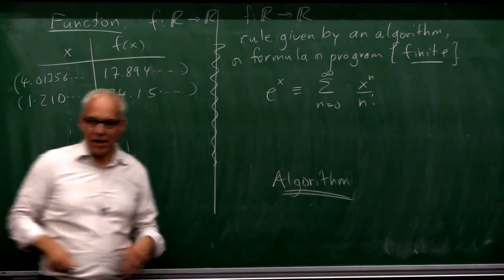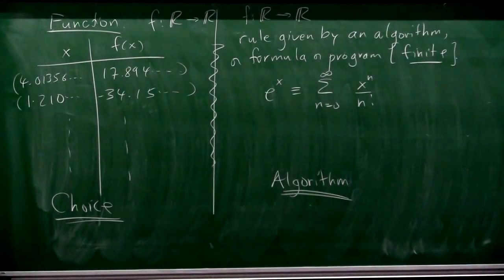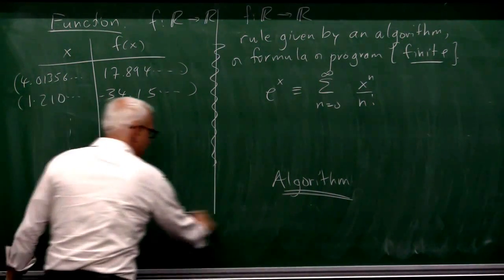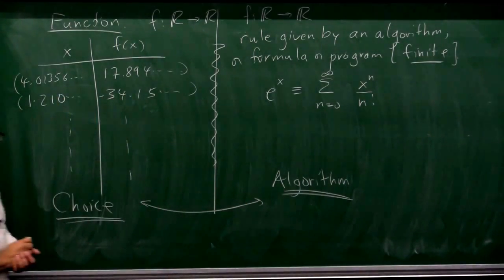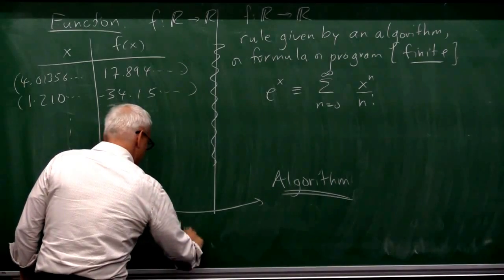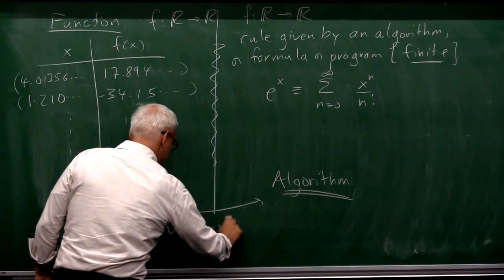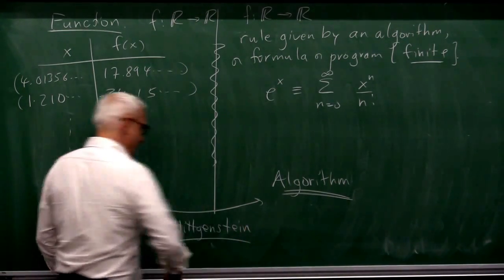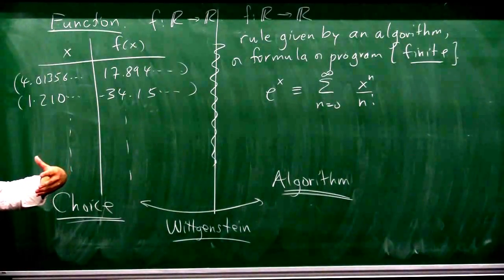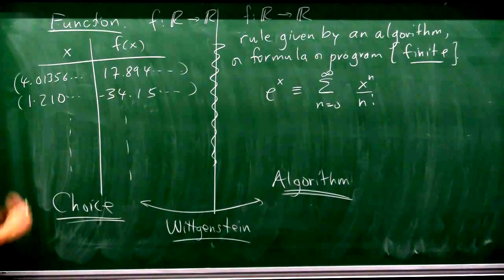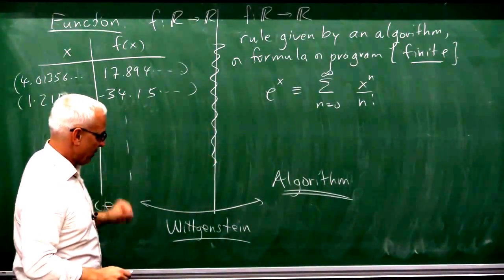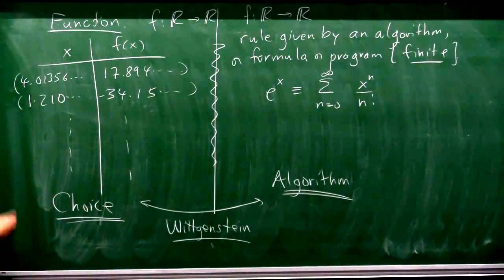Although it wasn't entirely clear to the earlier practitioners that there was this separation, somebody who pointed this out very clearly was the famous 20th century philosopher Wittgenstein. Wittgenstein pointed out that mathematicians are playing this kind of game a little bit, where they have two quite different ways of thinking about something like a function. Sometimes it's convenient to think about it this way, and other times it's convenient to think about it this way. And there are challenges with both ways.